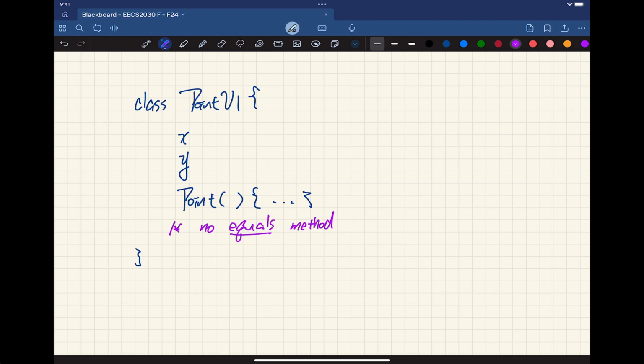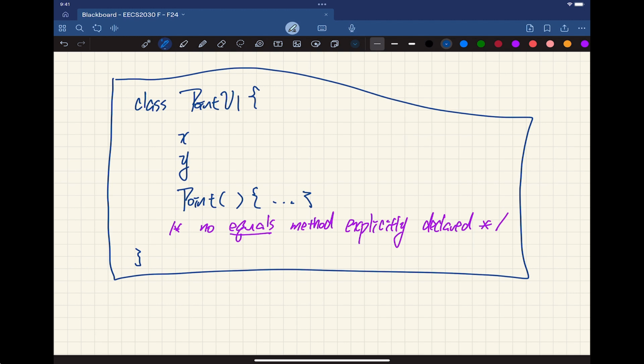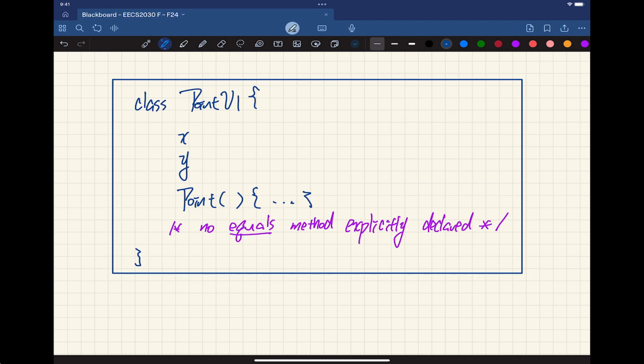Explicitly defined. So it seems a little bit weird because, let's see, this will be the class we have. Let's now try to reproduce a little bit of the tester. So what we did was we say Point v1, p1, something, and also Point v1, p2, something, using the new keyword, right? But when we say p1.equals(p2),